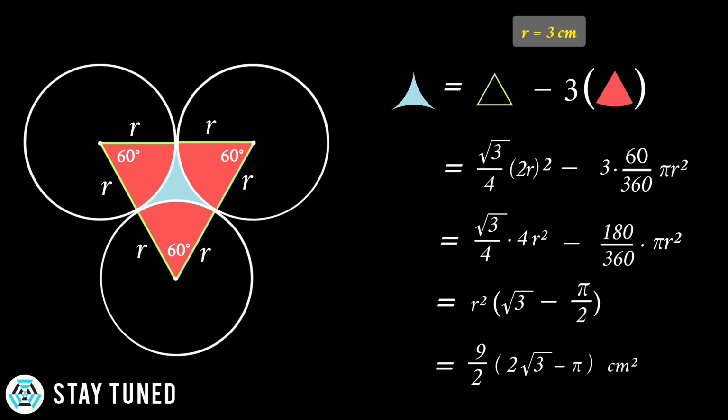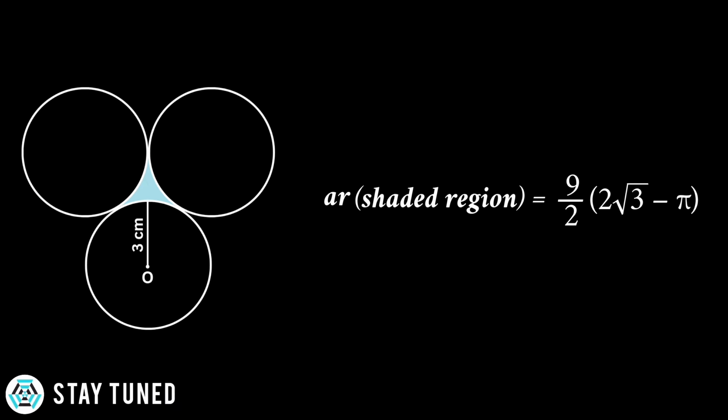minus pi centimeters squared. Therefore, we have shown that in the given figure the area of the shaded region is equal to 9/2 times 2 root 3 minus pi, which is approximately equal to